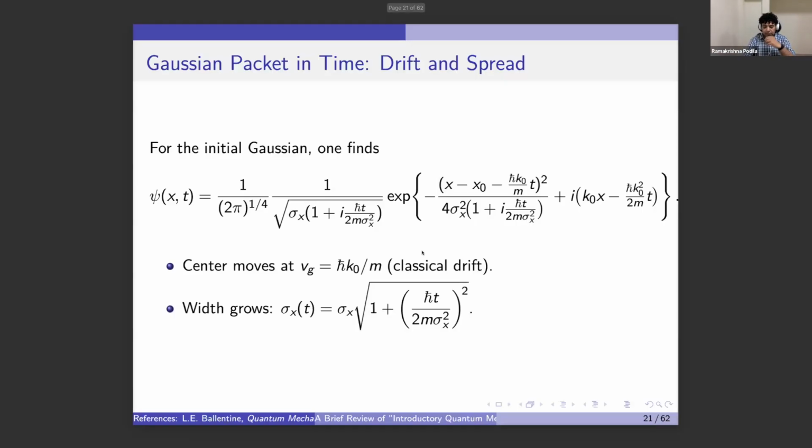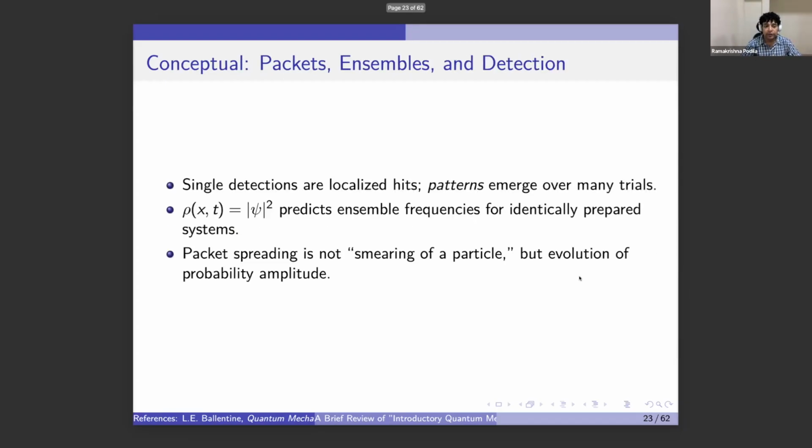So this is what we have seen so far for the free particle. We have seen the experiments, we have built this free particle wave packet, and we saw how it is evolving in time and how it drifts in time. It is spreading out, right? And we saw the code. So single detections are localized hits, like the wave packet that we built, and patterns emerge